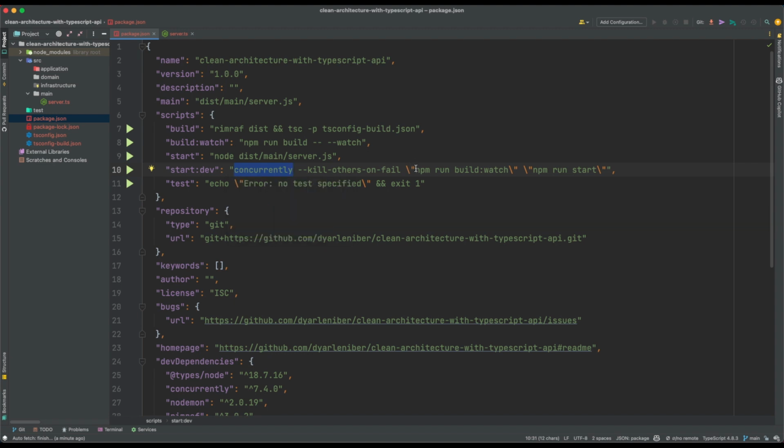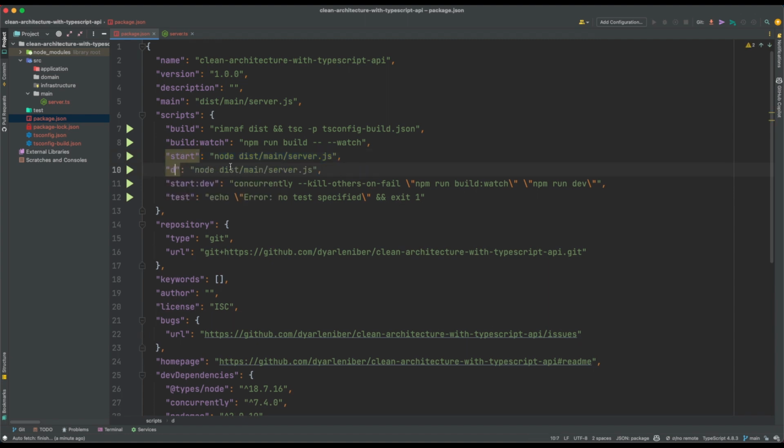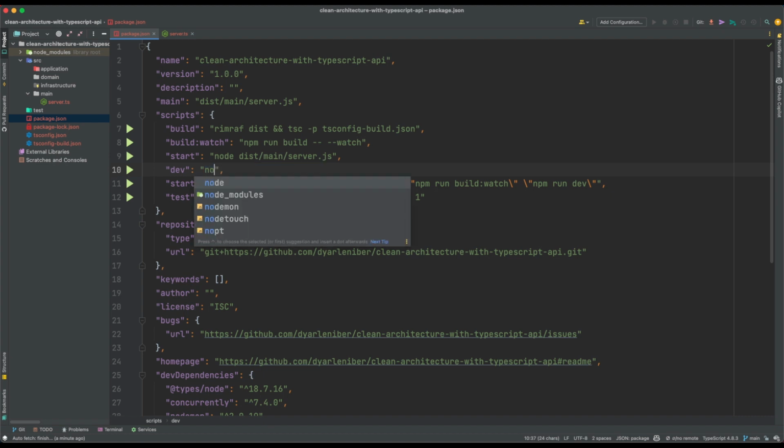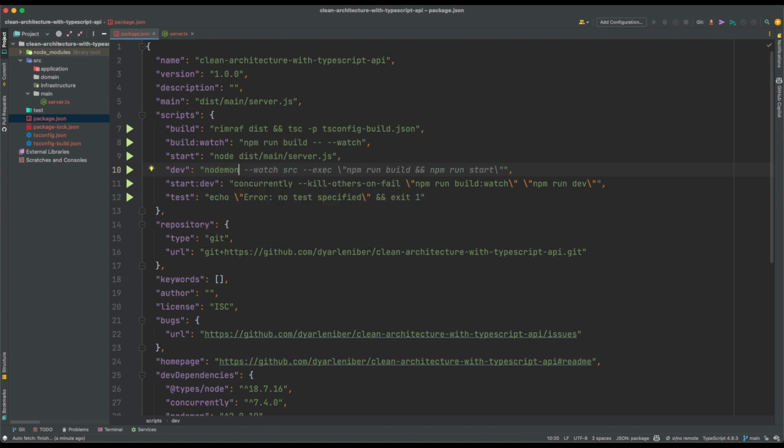Okay, so we are going to run the npm run build:watch, this one here, to listen to our TypeScript folders and then build our project. And then we are going to use npm run start to basically start our application. Or even better, we can use npm run dev, and then we can use this start for the production when we deploy this application. And here you can define a dev dependency, and we can use our nodemon. So nodemon,